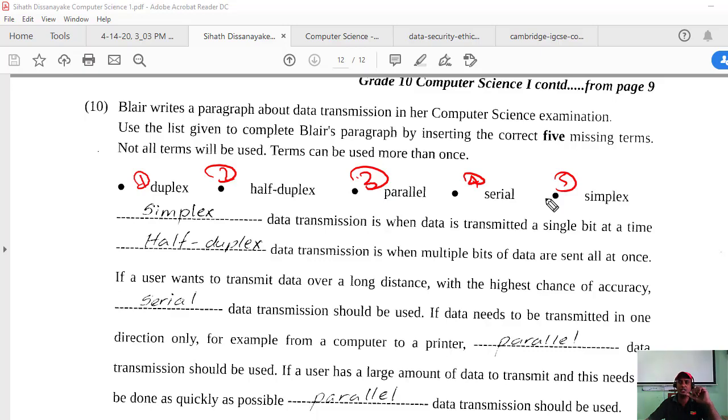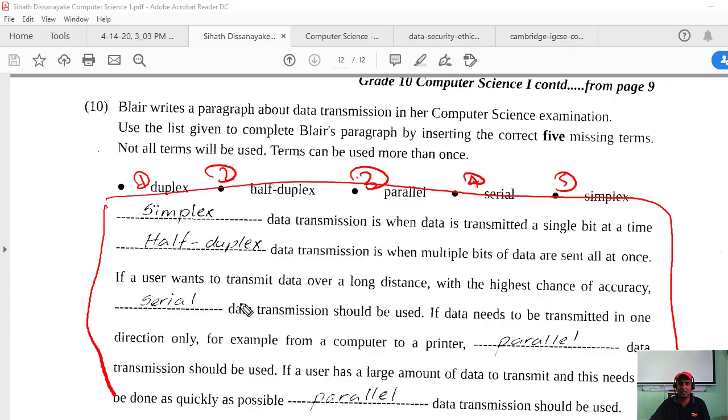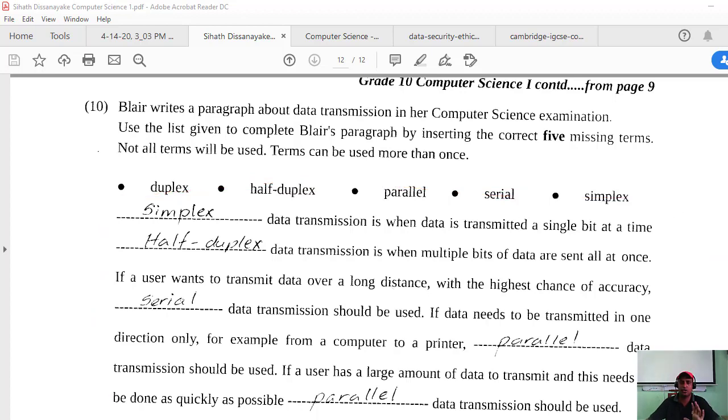Below that they give the sentences with five blank lines, and they say that not all five answers will be used, but some answers can be used twice or three times, more than once. So this is a very tricky question. First of all, we will discuss what these terms are.